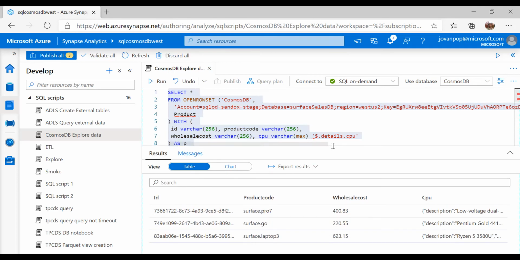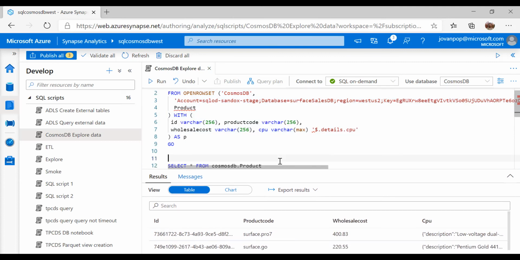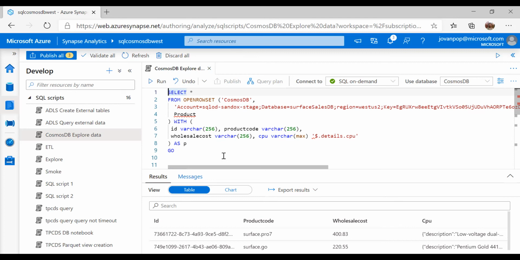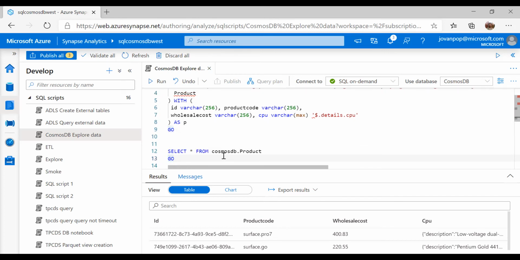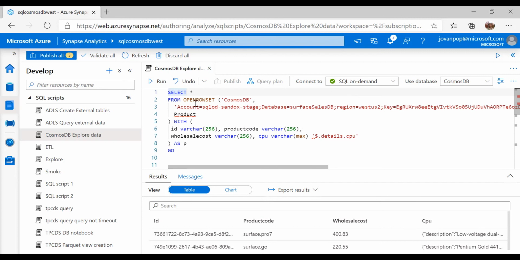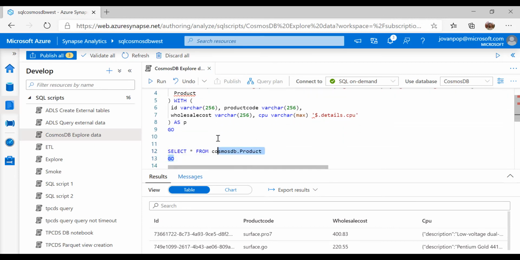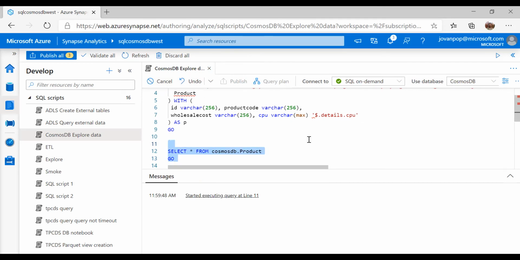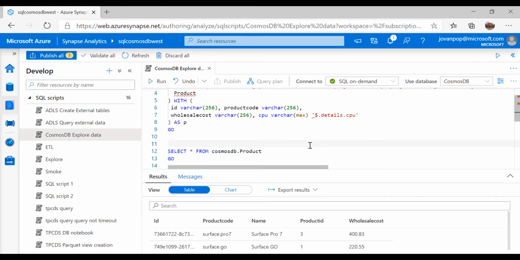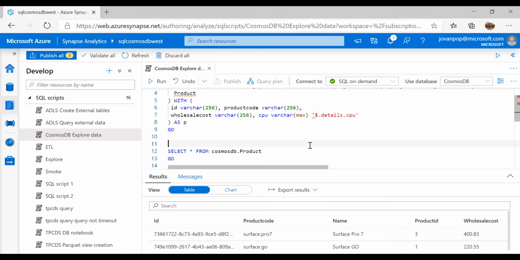In the example below, I can see properties from my Cosmos DB container that I want to read. Once I have this query, I can easily create a view that selects results from this openRowSet query. I have created view Cosmos DB product that just reads data from openRowSet function that reads from product collection. Now, if I select everything from my Cosmos DB product view, I will see the same results that my openRowSet